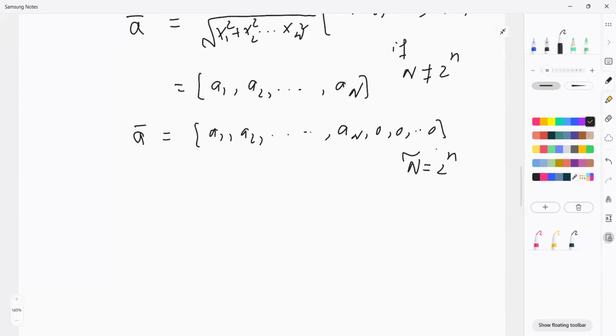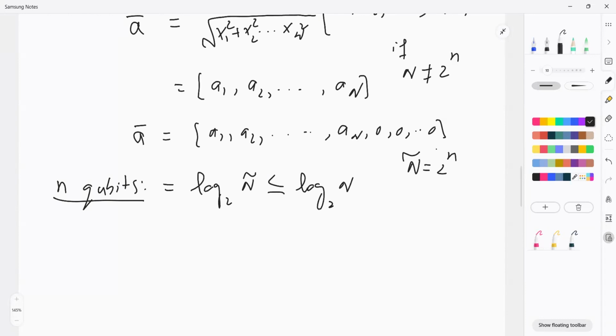So that we can now use n qubits, where n is just equal to logarithm of this n, which is always less than or equal to log 2 of actual n, and we prepare a state,